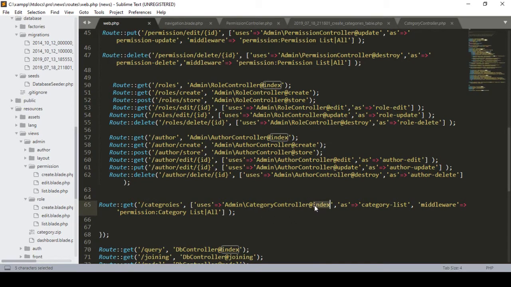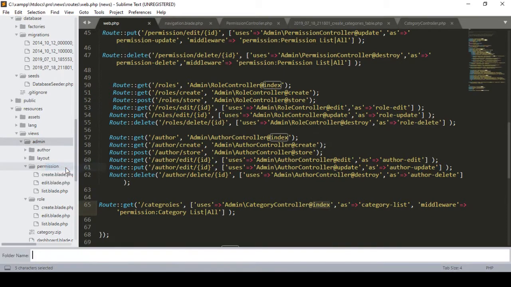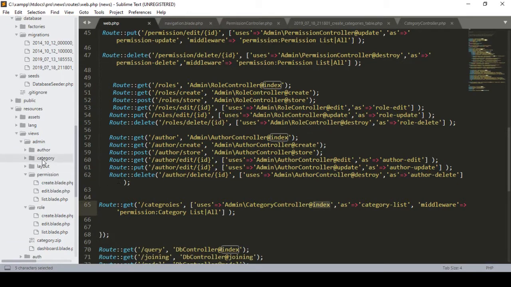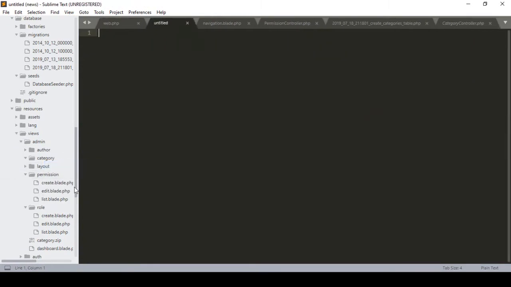there is an index method. So now in this video I want to create a folder and create the list page for this category. For doing this in our admin, I want to create a folder and I just name it category. Into the category folder I click on new file and now click on save as,